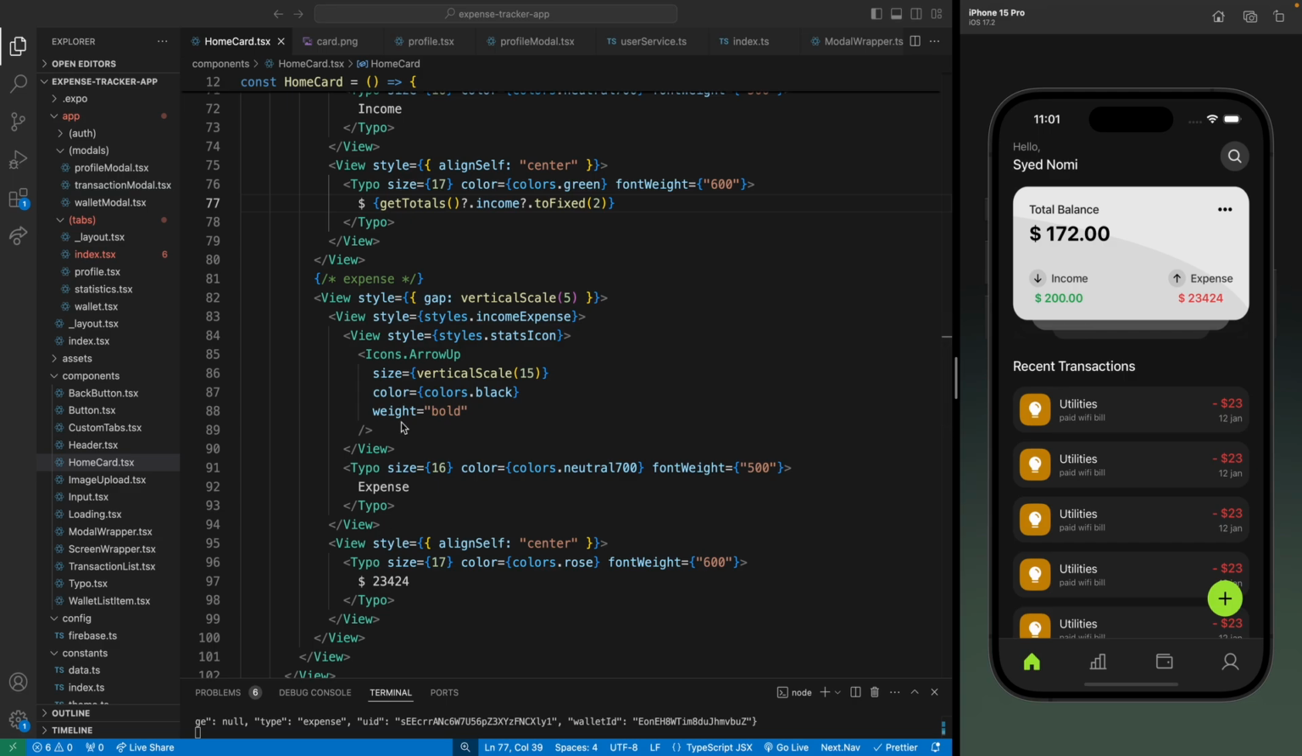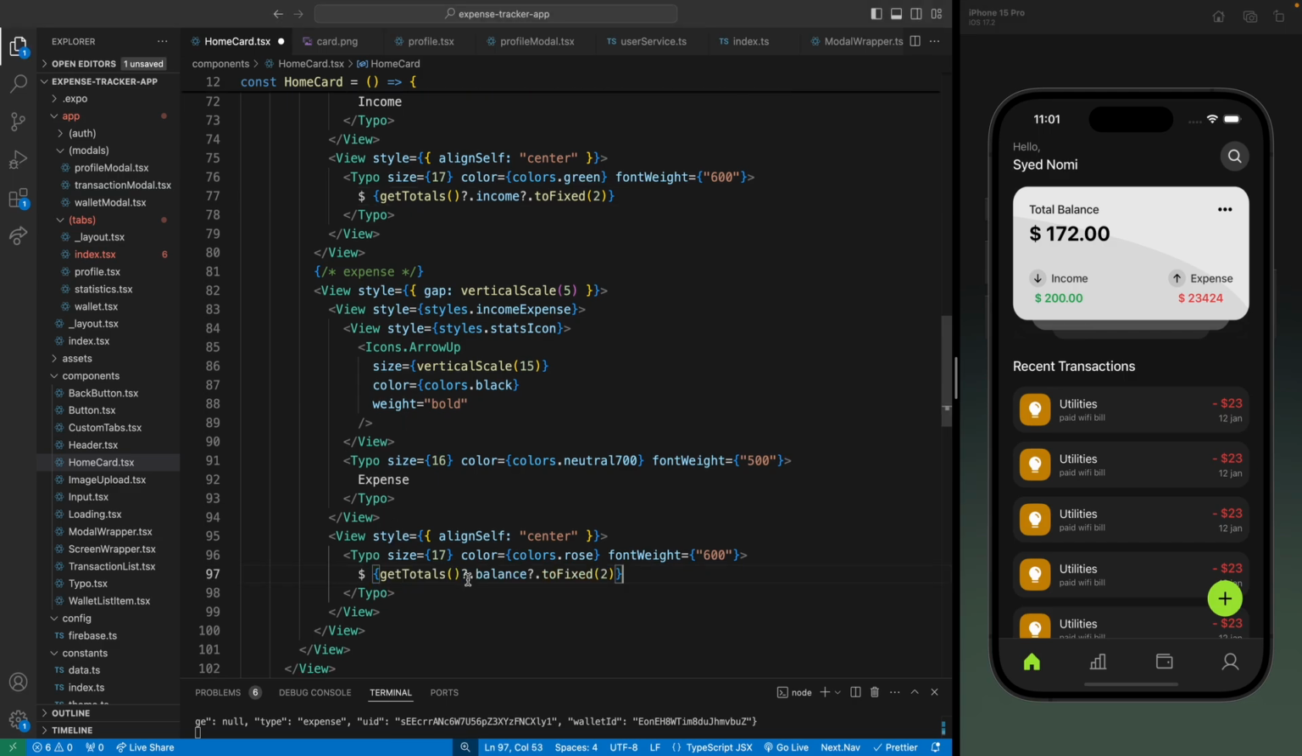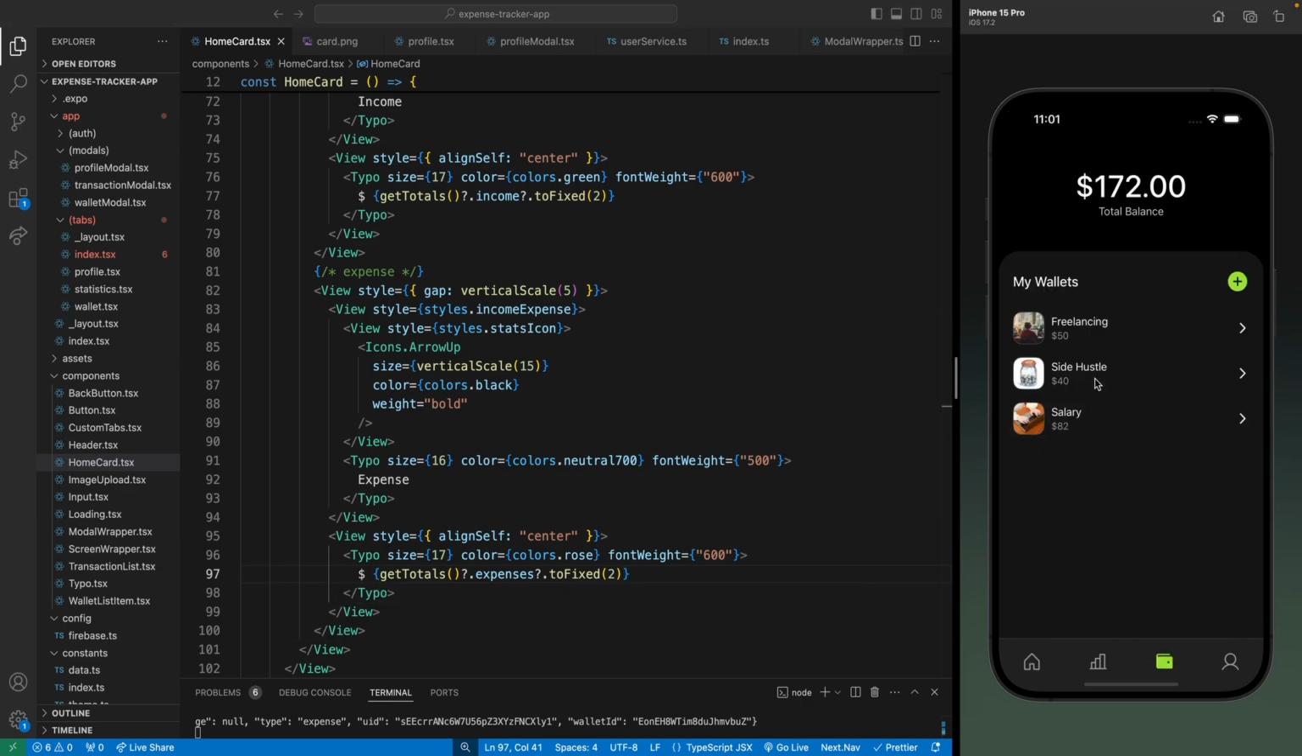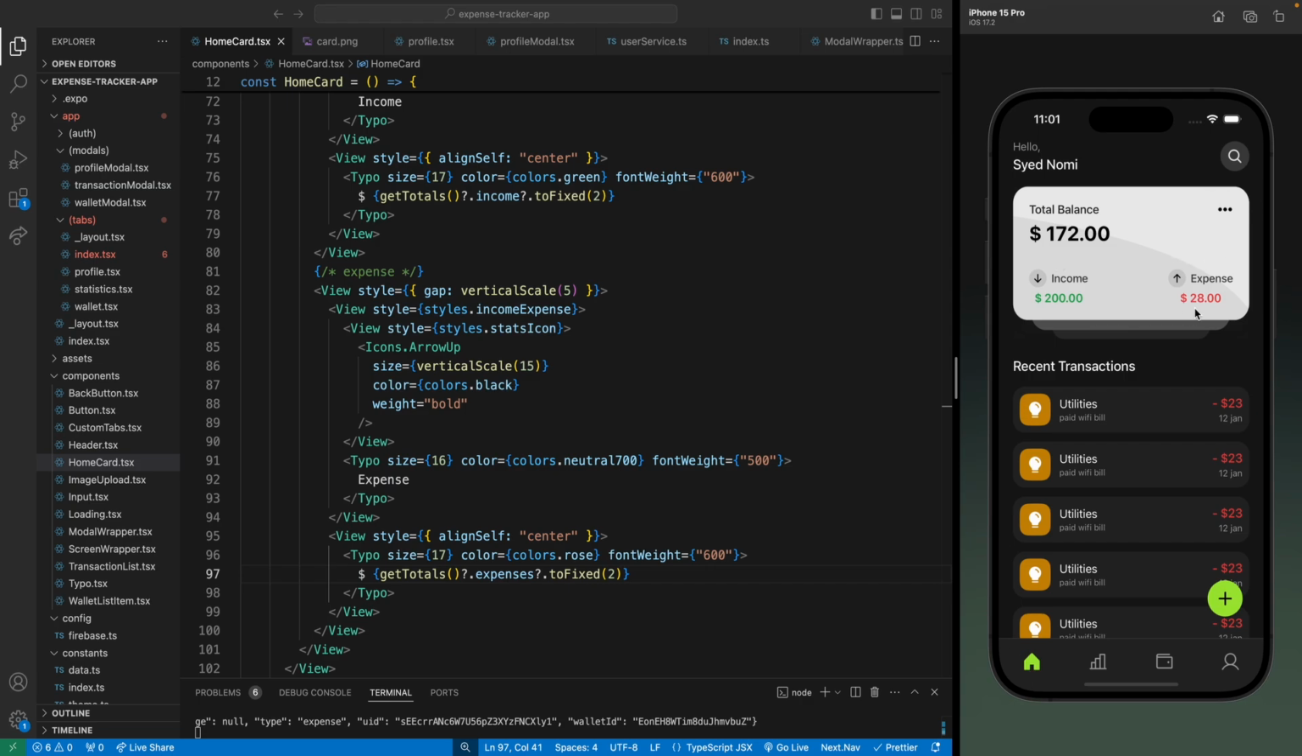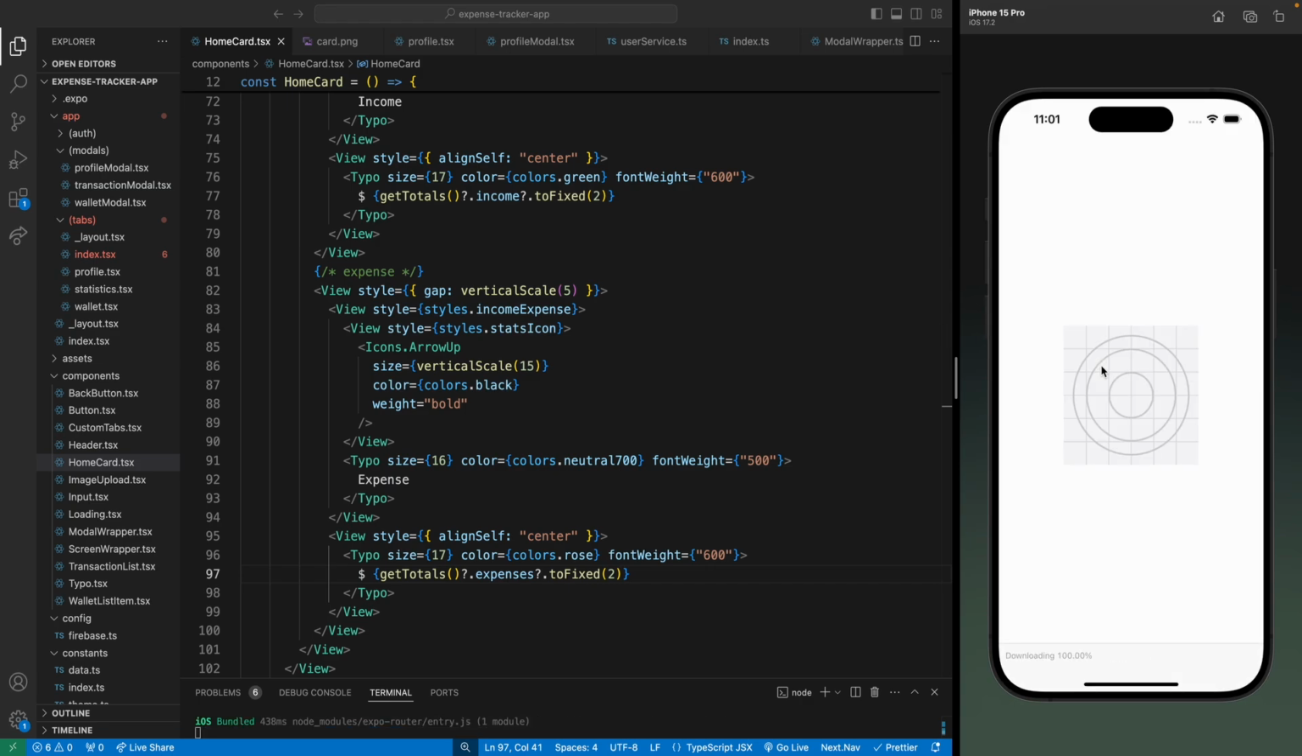Then let's just paste it for the expense. Let's change this to expenses, and that's gonna be the total expenses from all the wallets that we have here. The total income and the total expenses are basically the sum of all the transactions that we add to these wallets. So that is what we're showing here, but we do need to use the loading here. So if I reload the app,